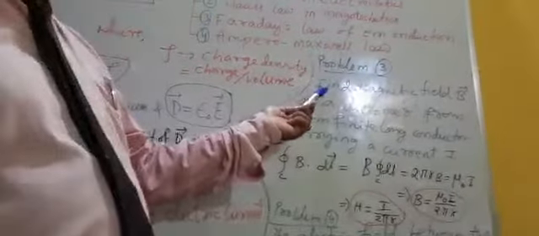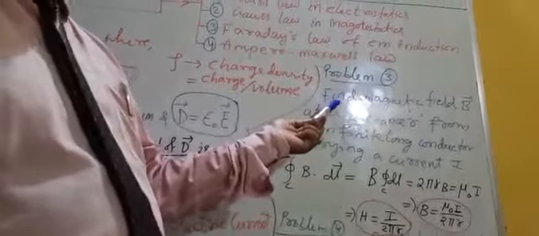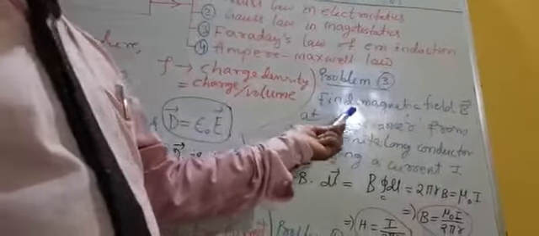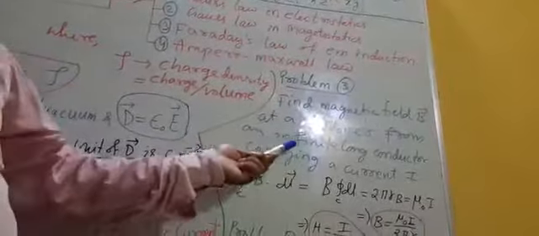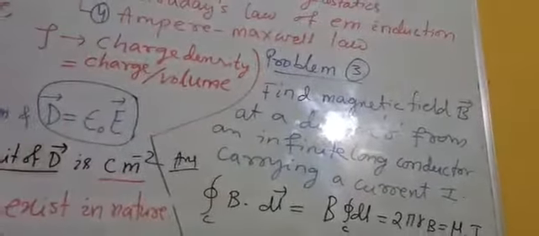One problem based upon Ampere's law. Find the magnetic field B at a distance r from an infinitely long conductor carrying a current I. So a conductor is there, a long conductor, and you have to find the magnetic field at a distance r. It is a conductor carrying current I, and suppose at point P